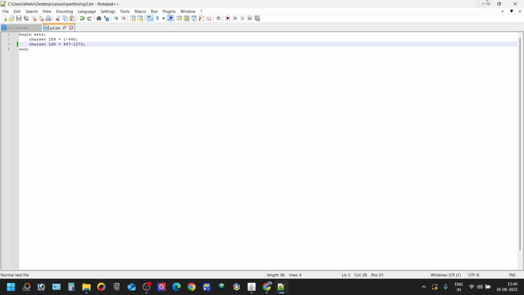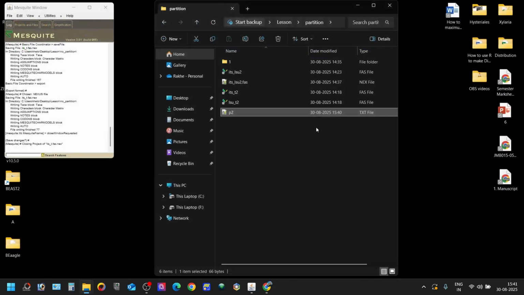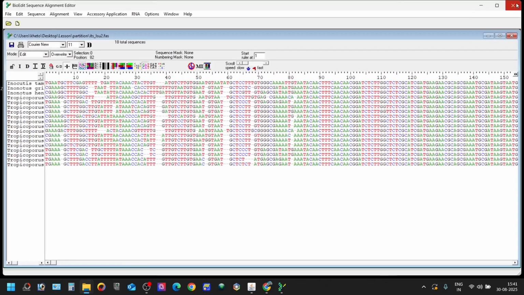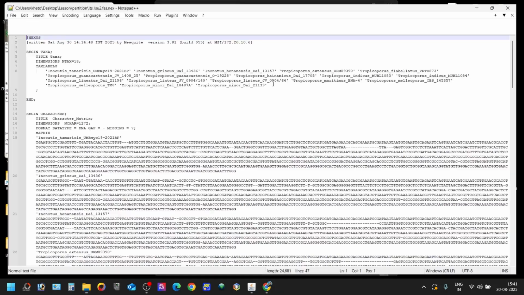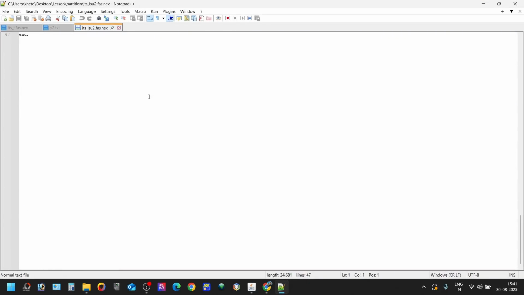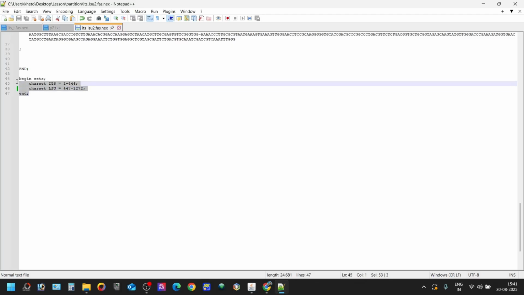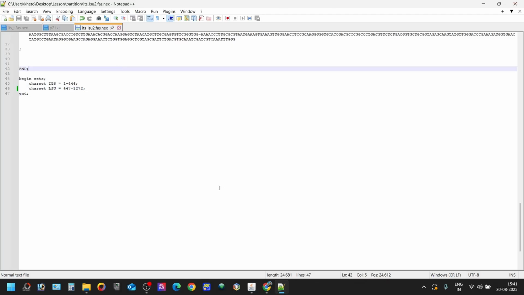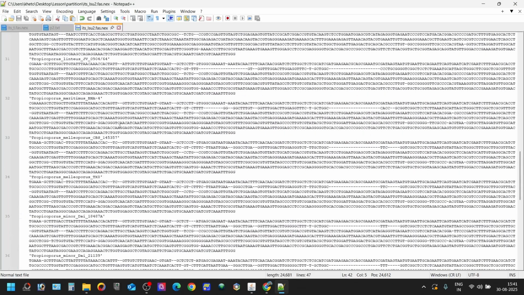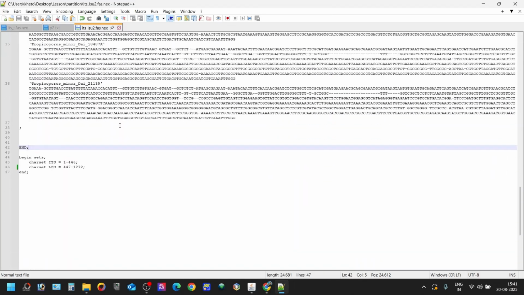You can save and then close. Now we are going to transform this from FASTA to Nexus and then produce this file. This is the Nexus file, and at the end we have to paste this: begin characters, begin sets, all these things you have to paste after the sequence, after this end. Okay,